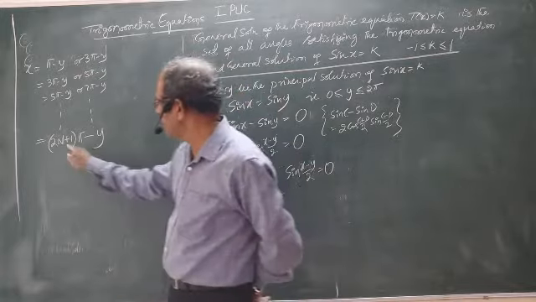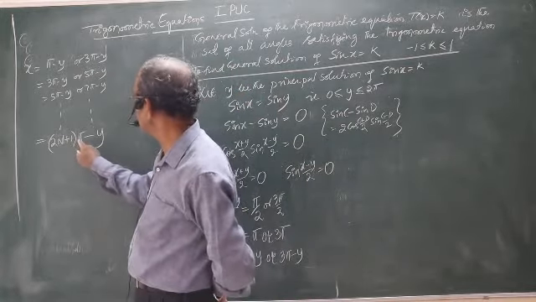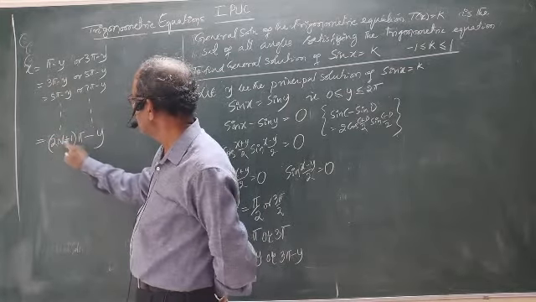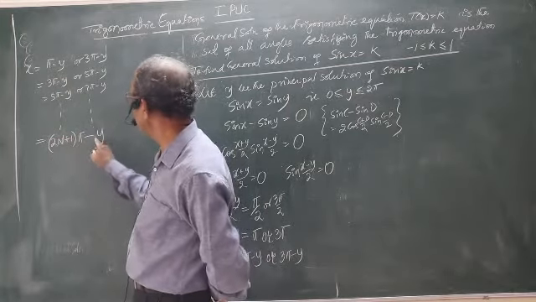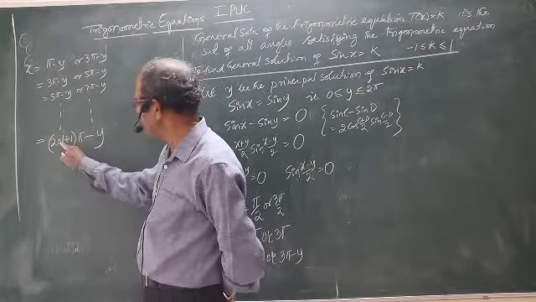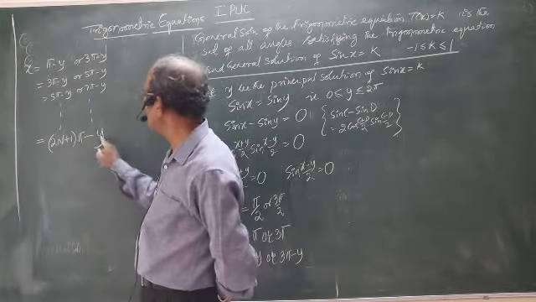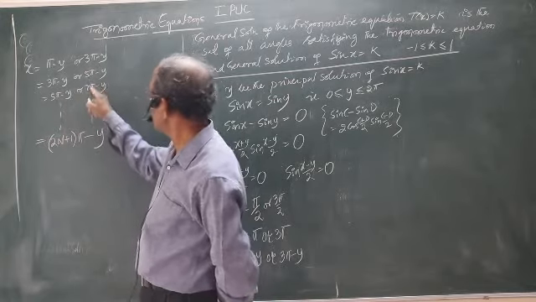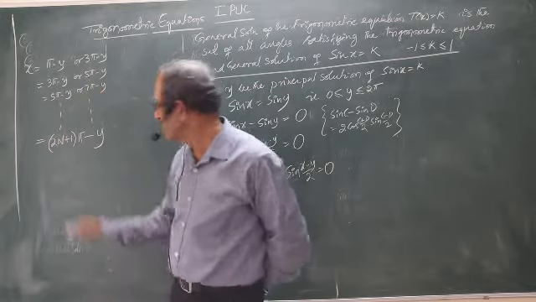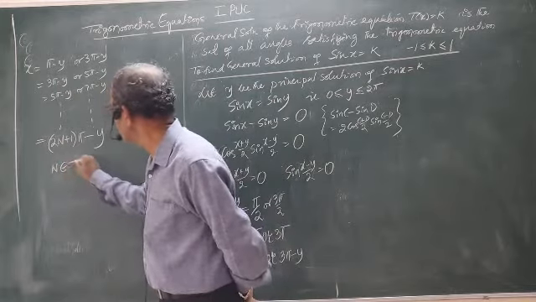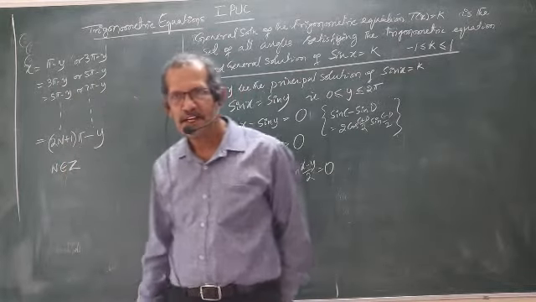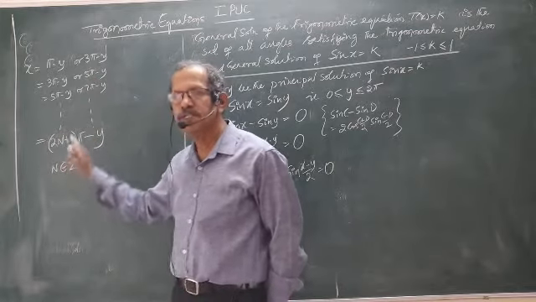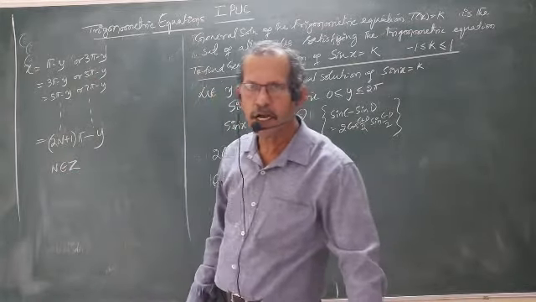Verify it. When n equal to 0, you get pi minus y, correct. When n equal to 1, 2 plus 1, 3 pi minus y, correct. When n equal to 2, 5 pi minus y, correct. 7 pi, everything is there. n belongs to Z. Instead of writing all the answers, this is enough, where n varies from 0 to infinity.